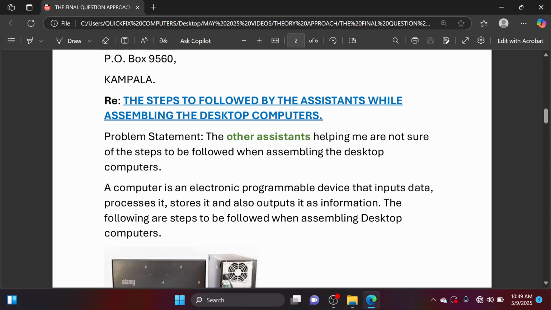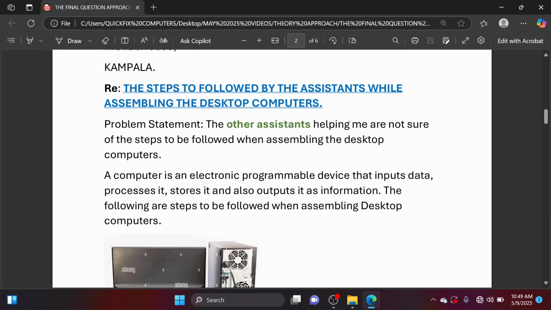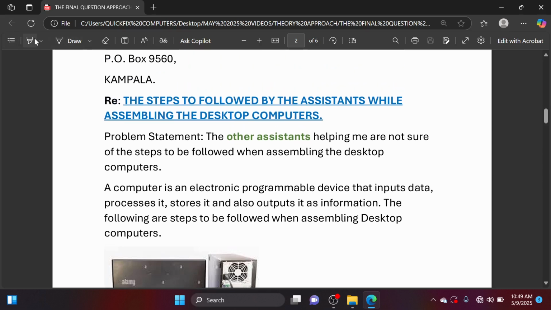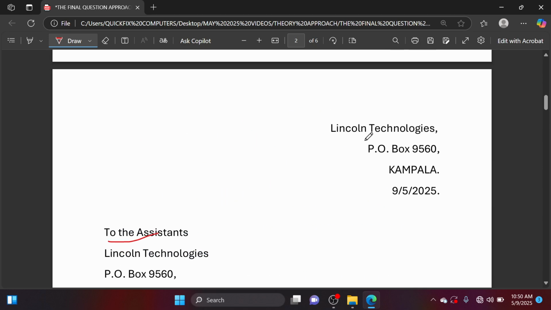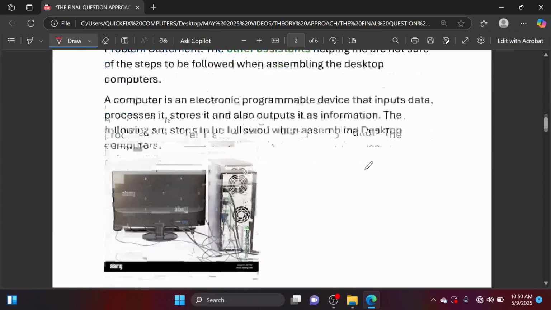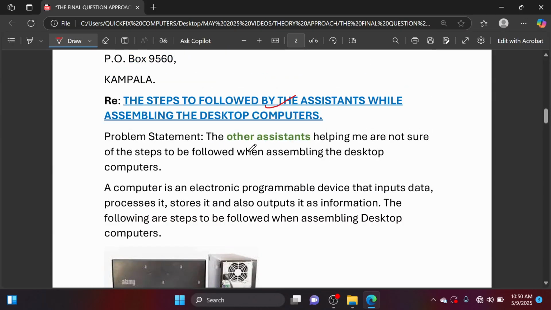So the heading is already there: the steps to be followed by the assistants while assembling the desktop computers. Correct. Of course, this is checked. This is the heading, and it's right. Now even the addresses are right here. Then the heading, then the problem statement is here, that